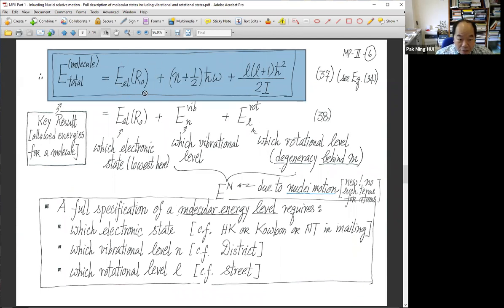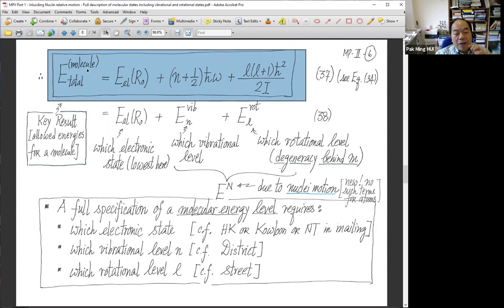The electrons here give us a constant, the minimum, as well as this omega, which is the curvature. Then the nuclear motion will contribute this radial harmonic oscillator type eigenvalue, and the rotational motion gives us this orbital angular momentum, the rotor type eigenvalue. So in order to describe, now listen carefully, the total allowed energy of a molecule,